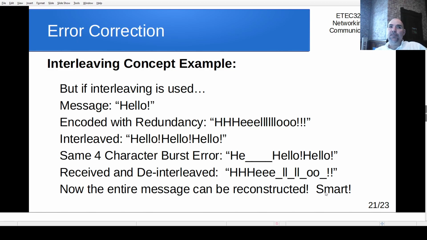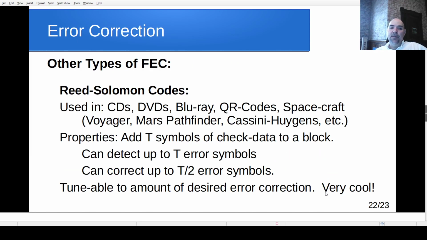of spreading the message out so that the different parts that would be next to each other are now spread out in the message, so a burst error cannot get the entire thing. All right, other types of forward error correcting code that are really important, and we're not going to go into the details of these right now, but Reed-Solomon codes, again, we said those are used in CDs, Blu-ray, QR codes,